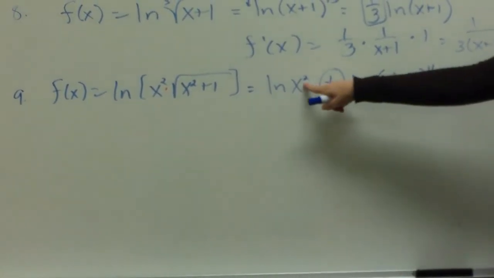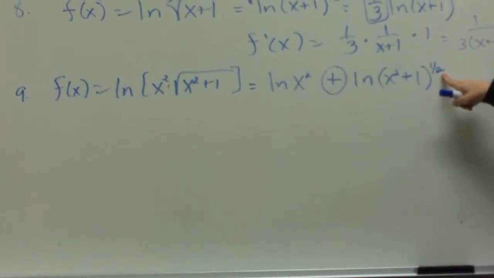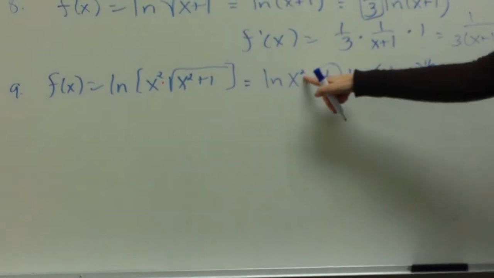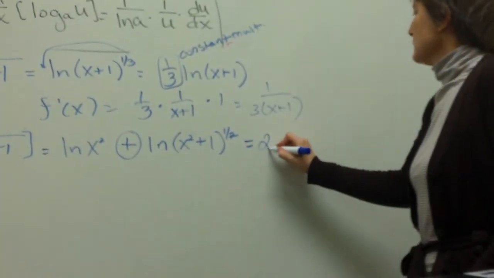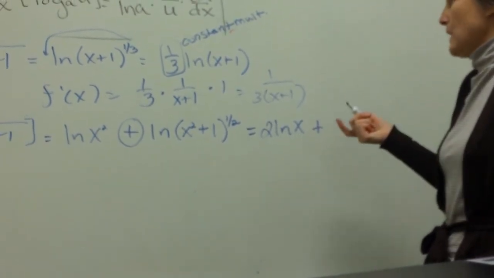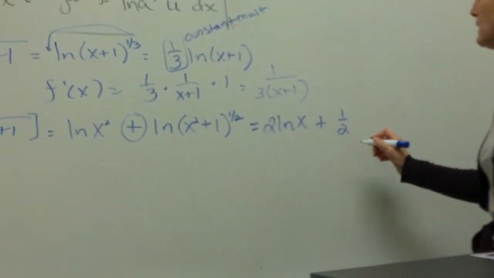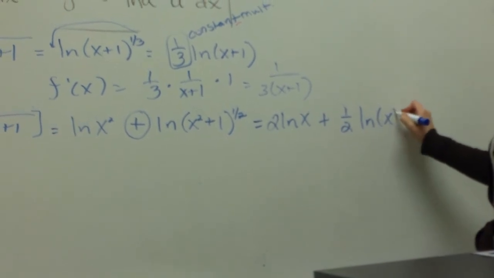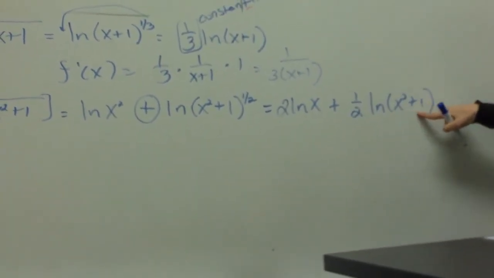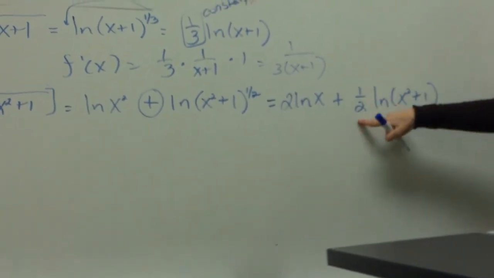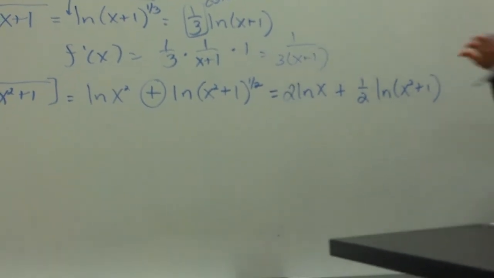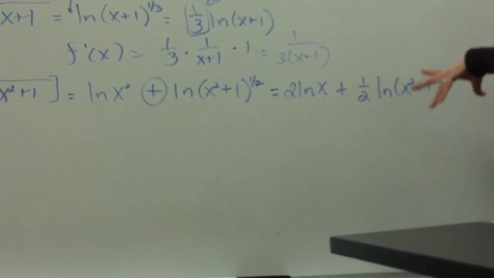But then the exponents in this problem could make things complicated, but we have a rule about exponents too. Those exponents can come down as constant multiples, which is going to make the derivative a lot easier because I don't have to worry about them being a part of my u when I take the derivative of the ln of u. It's coming down as just a constant multiple. So if I rewrite that in expanded form, which is what we learned how to do on Tuesday,